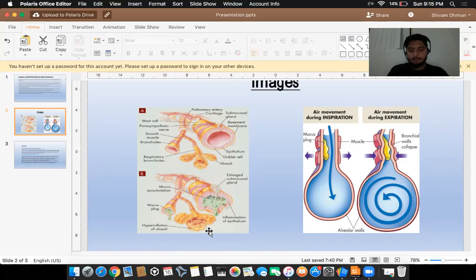I hope it was a good presentation. To sum up, all the clinical manifestations are somehow correlated with each other, and all of them can be correlated with this particular diagram, and the things happening in it really help us to understand